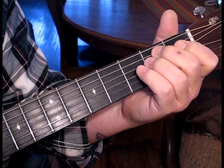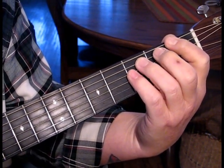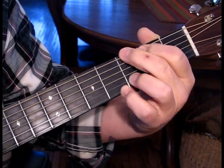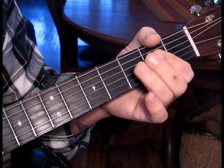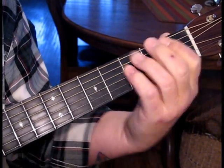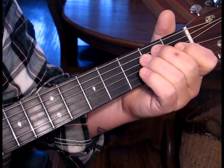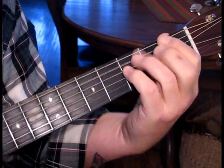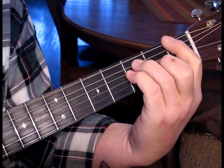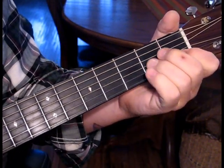Solo is 2 on the E, F once, pause, F again, G twice, A, kind of a pause and a pause. I'll go through that 4 times. Then back into the